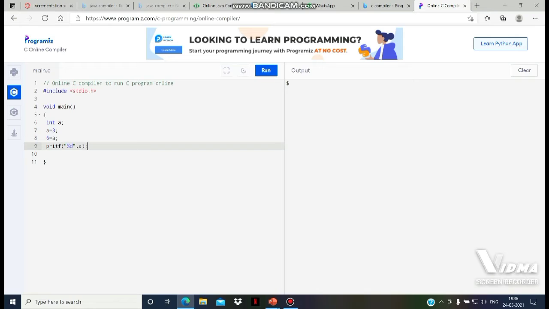So I have written here int a = 3; 6 = a; But what is our point? A constant should not be placed on the left side of the assignment operator. So I have placed it here on the left side of the assignment operator. I have written printf %d, a. So we will see what the output will be. It is an error. What is the error? L-value required as left operand of assignment. So we should not place a constant on the left side of the assignment operator. We have to place it only on the right side of the assignment operator. That is the meaning of that.